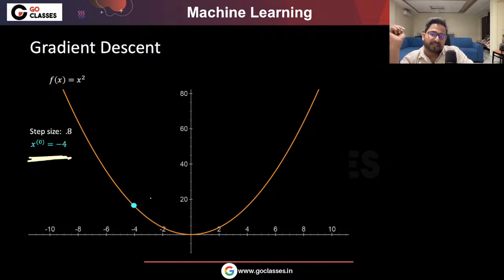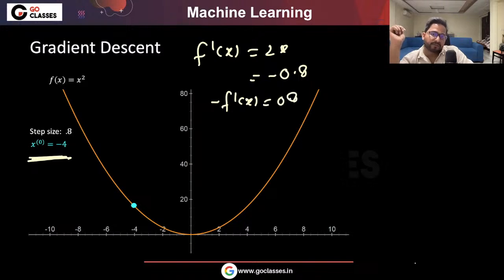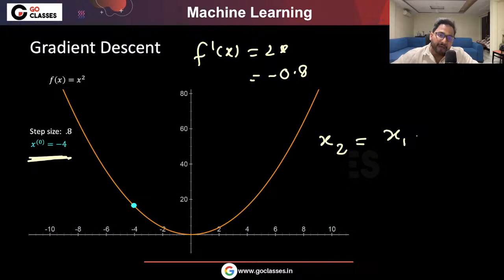Now, what is f dash x? f dash x is 2x, which is minus 8, right? And what is minus f dash x? It is 8, right? Or maybe let me just write f dash x only. Now, what is the x new or the next point, which is x2? It will be x1 plus alpha into minus f dash x. Or in other words, you can write minus directly, which means